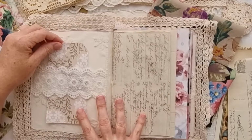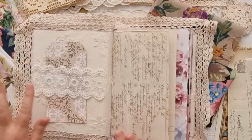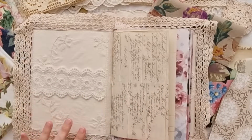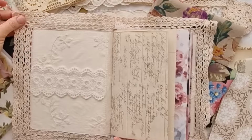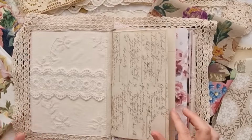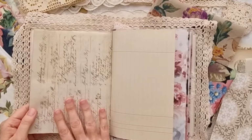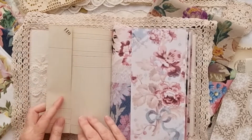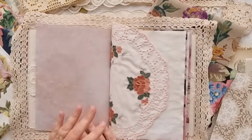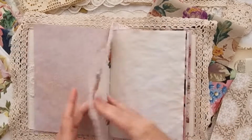So obviously I've tucked this in to show you that there's a lace belly band in the front and back cover, but I've actually used an embroidered placemat. Okay, so it's a fabric placemat, crocheted around the edge and embroidered, and that's what you can see sticking up around the edge there. I'm going to flip quickly because it's undecorated. So there's ledger there, blank ledger. These you can pull off or glue down. I've used my antique fabric printable. Each one has one of these beautiful doilies, and that's all cut work. And